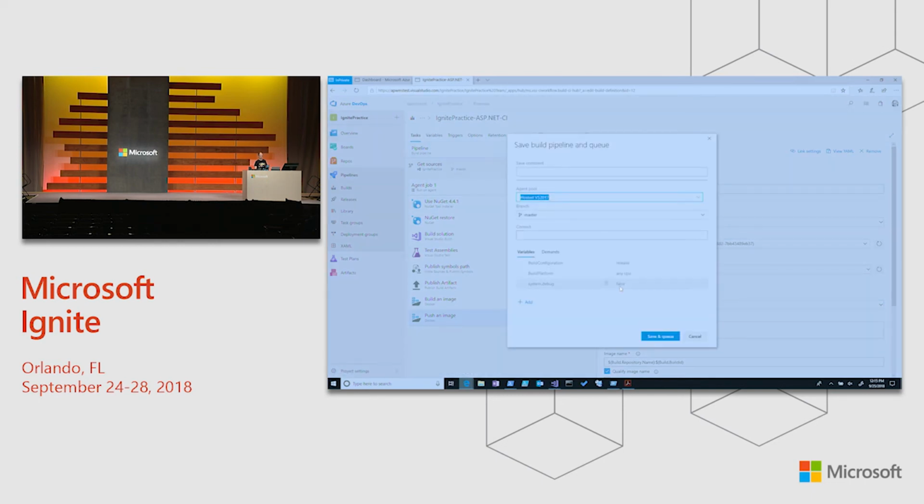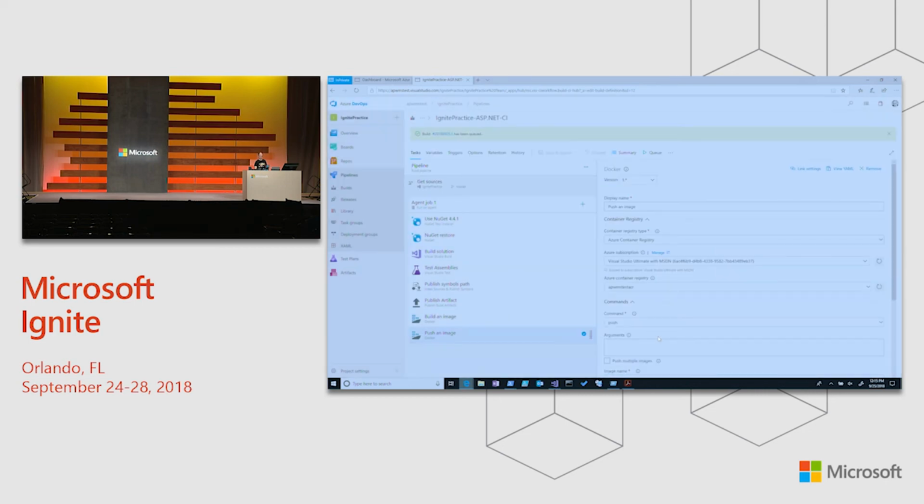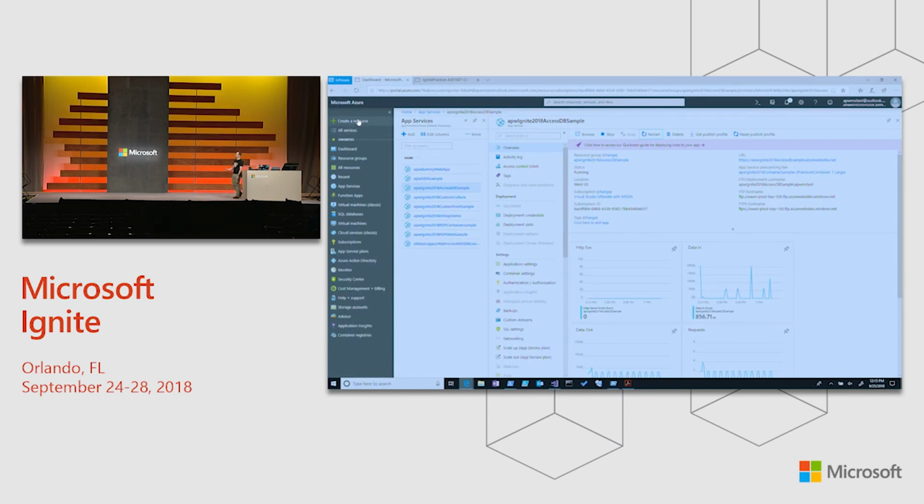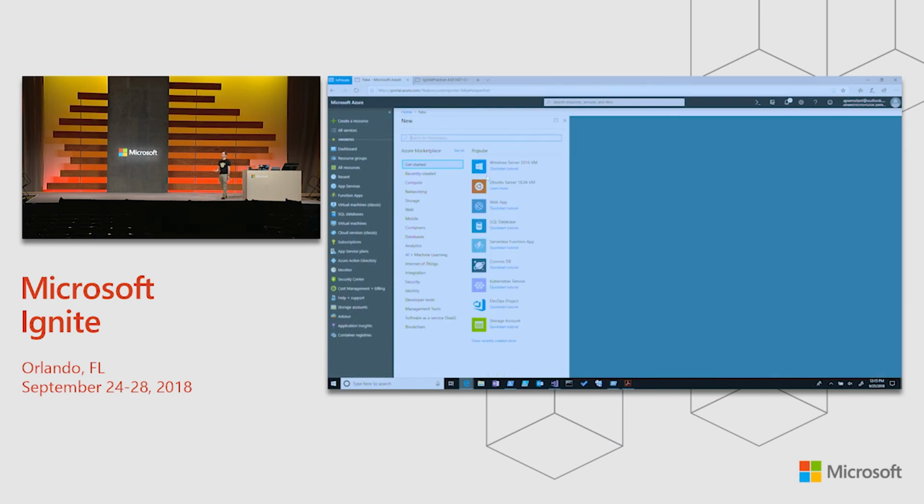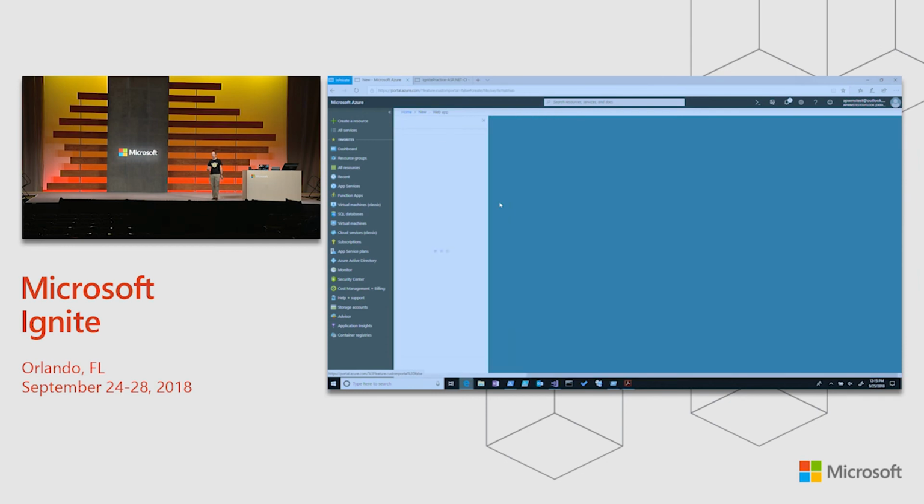I'm a little concerned why it's not pulling in my subscription, but let's just make sure that that's good. Yep, and there we go. This one as well, yep, done. Let's save and queue. And that's going to build all of my code, run my tests, build my containers, and then push them to Azure Container Registry. Now what I can do is go in and create a web app,